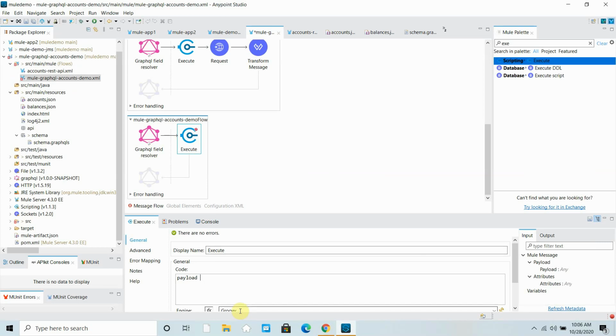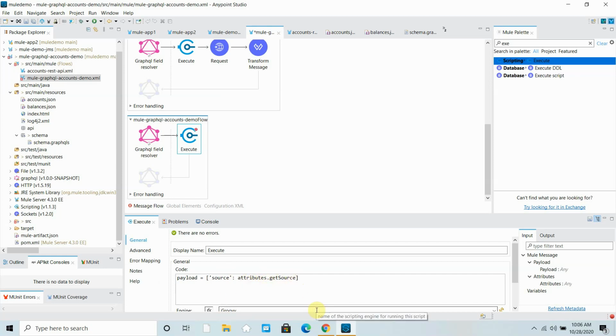You can use execute. You can say source, then square bracket source, then attributes dot get source. Okay, this is what you have to define: payload source attribute dot source.